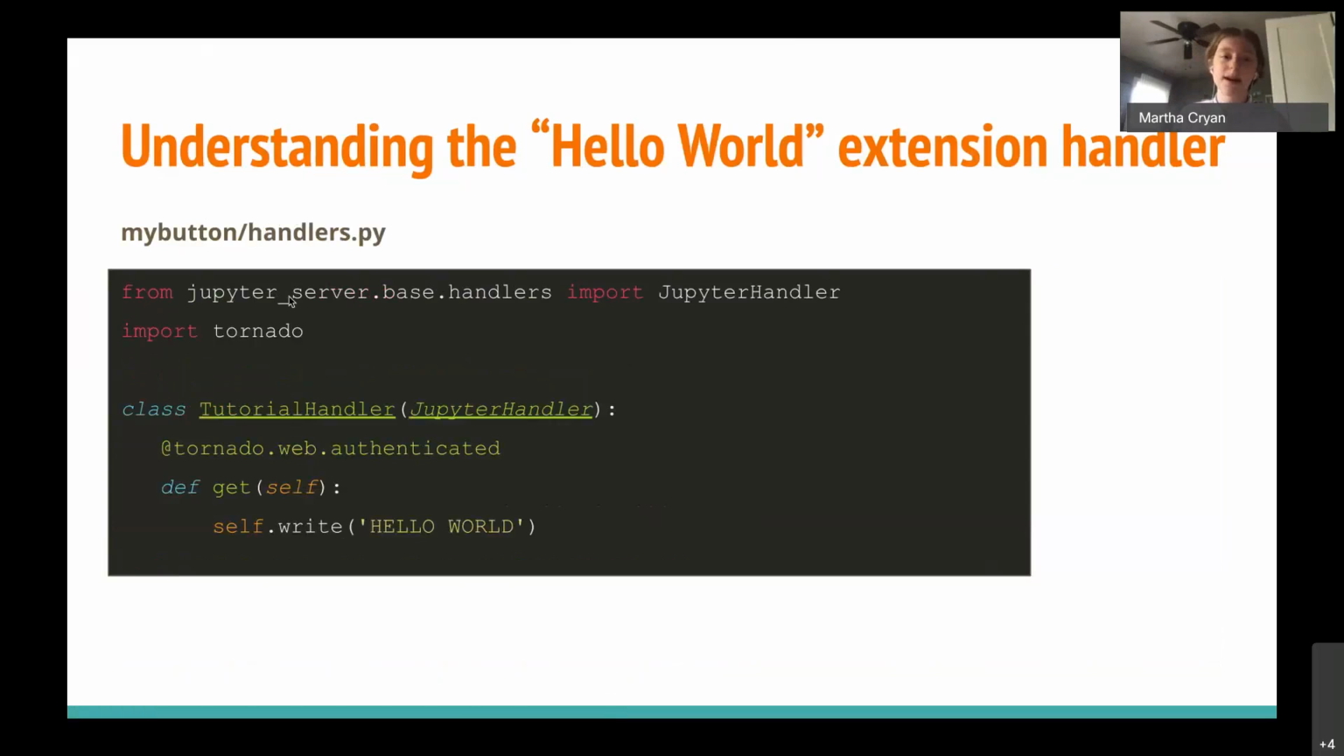So in handlers.py, we're extending this Jupyter handler class, and that gives us the ability to feed this into the JupyterLab as a handler. And it has some other functions that we can take advantage of and use. And then we're also using Tornado, which will give us the authentication that I was talking about. And so in the actual class, we're just defining one method. It's get, and